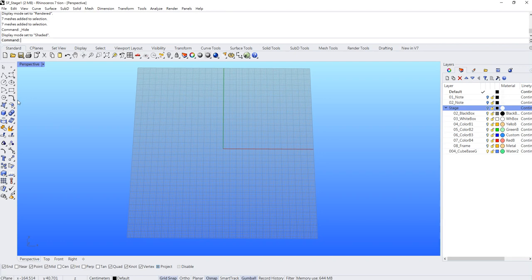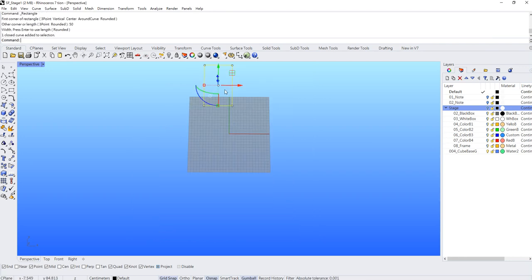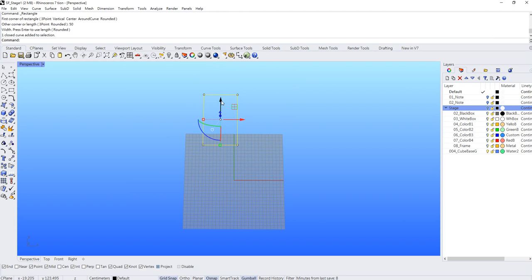Okay, so let's start. First thing for sure, I'm going to draw a rectangle. That's the basic shape. I'm just going to make a 2D drawing of the face, the facade, of the game console. So let's choose this one as the first point, and for the second point, I guess the length can be 50. Okay, and the height I would like 80, just like this. Probably a little bit too high, but it's okay, up to you. I will move this one